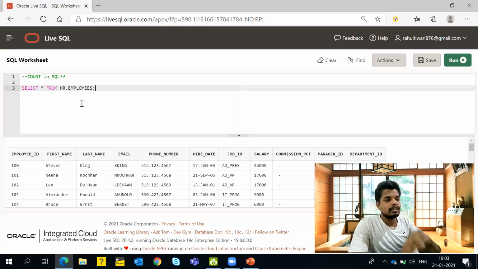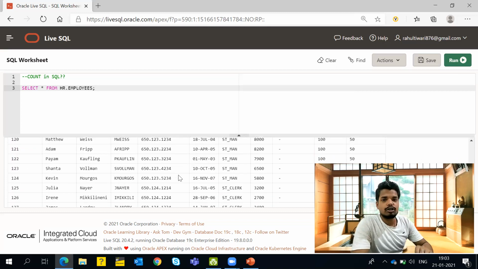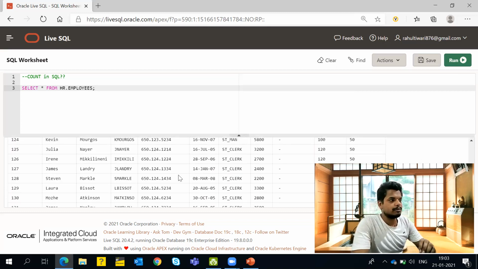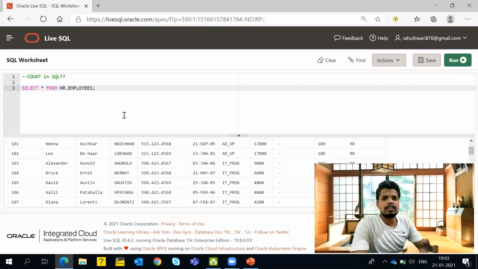I have not created any scripts. This employee table has already been created in this Oracle environment. You can see these many records are present for the employees table. This was just a basic query to fetch the entire table data.